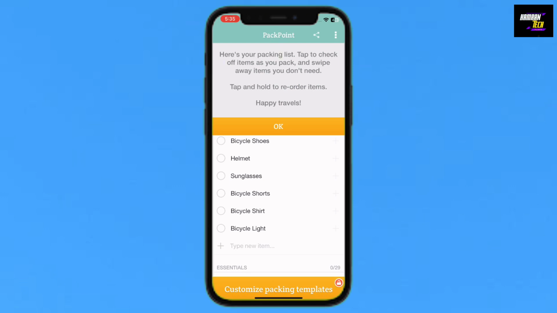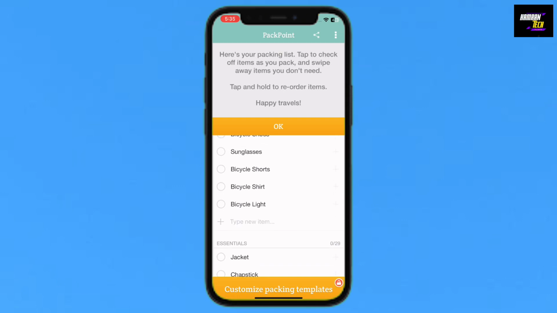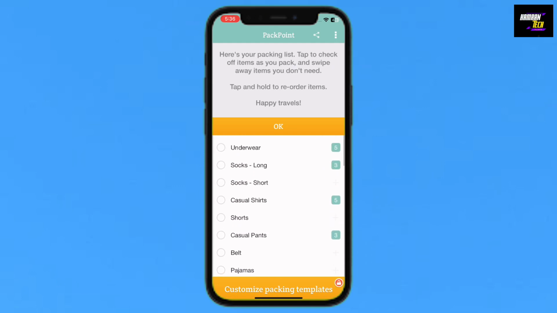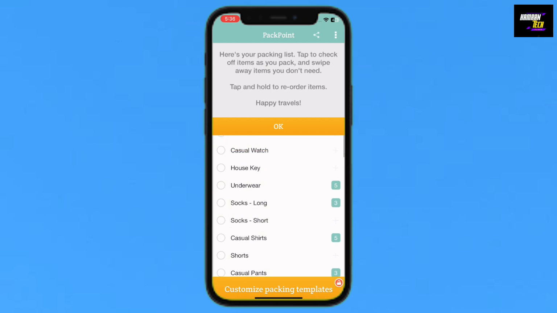So right over here you will tap and hold to order the items for happy travels, like bicycle shoes, helmet, sunglasses. So I will select bicycle shoes, helmet, and sunglasses. So here you will see, you can also add some like underwear, long socks, casual shirts, casual pants, and just tap on